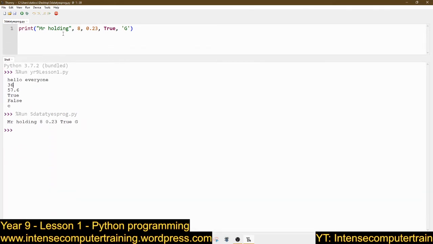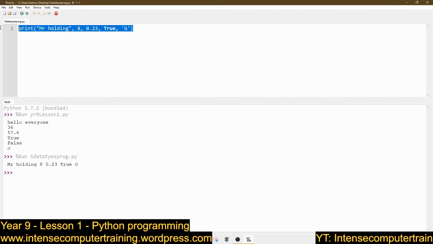But what if we don't want to print those numbers out every single time? What if we want to ask the user to enter their name, enter the number, make it like a real quiz? So we do this. Get rid of all that. We have to set what we call a variable to save that data. So each piece of data needs to be saved to the computer, and we save them in what we call variables. And you can call your variables whatever you want.